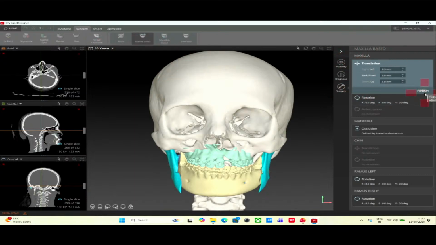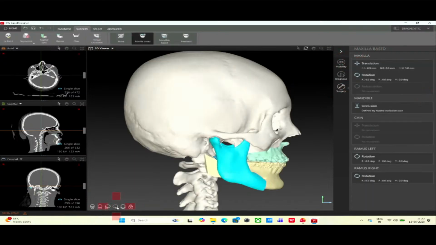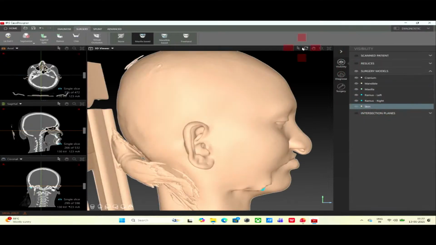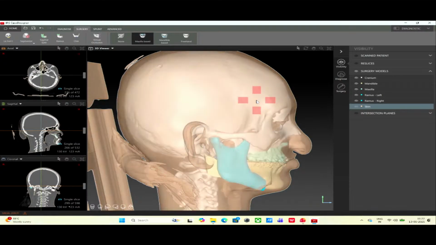If you are done with that, I will usually go to the next step. It's the back and front. So then I'm done with all the translation movements. How I do that is, I will set the skin on transparent. So in our clinic, I'm used to use the